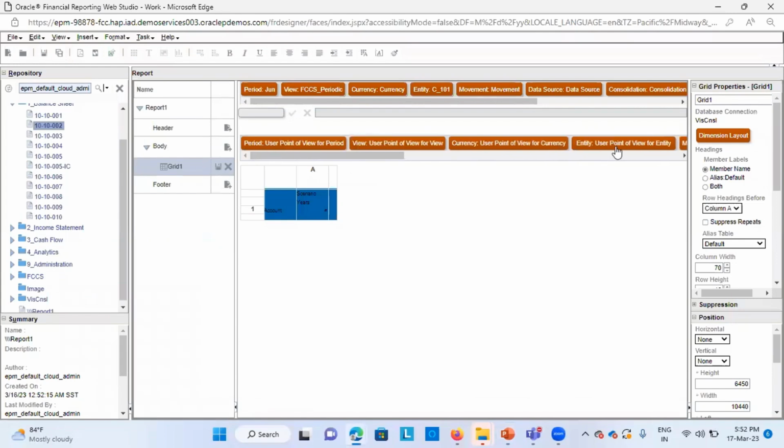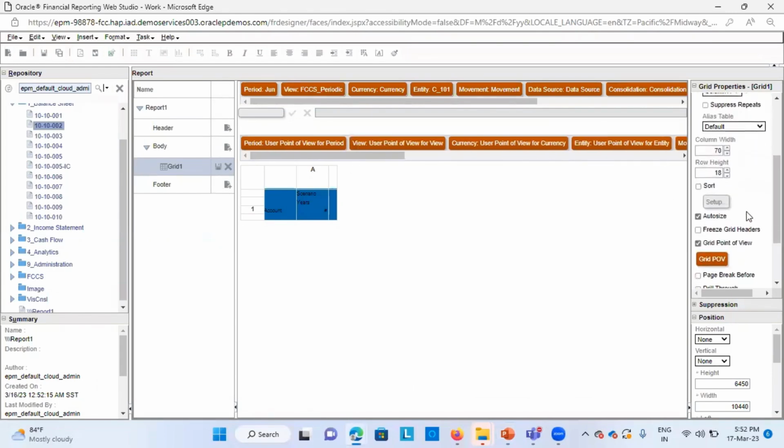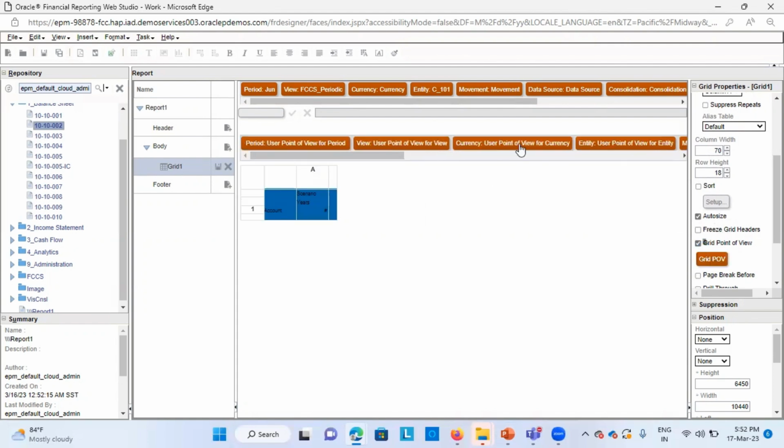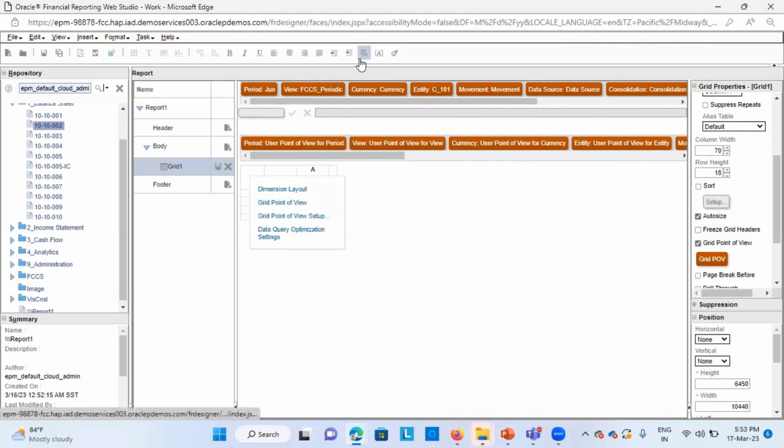So this is my grid point of view. Now the option of enabling and disabling this grid point of view is here. You can untick this and then it will disappear. By default, it is unchecked. But if I select this, I'll get this grid point of view. Okay. Then the third option available to us is